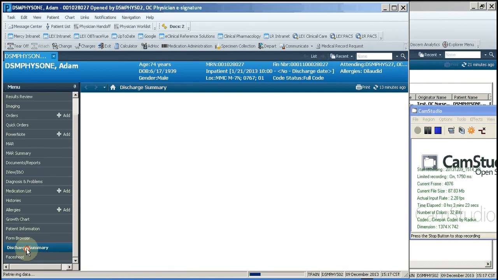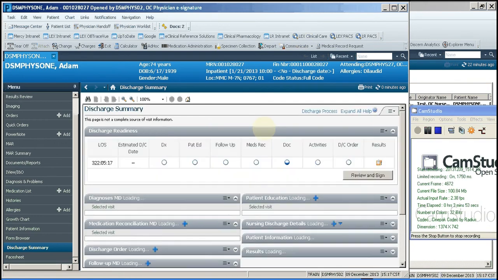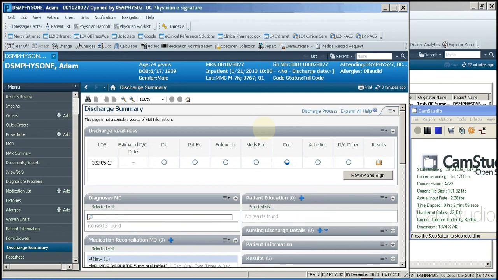So I'm going to move down to discharge summary. Give it just a second to load. Sometimes it's a little bit longer than others. Okay, and once I have that open, I have the same options available to me on the discharge summary page